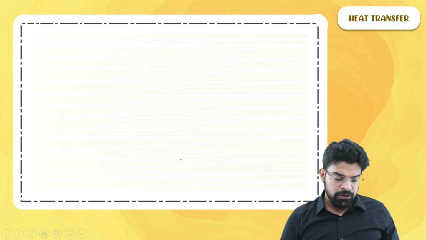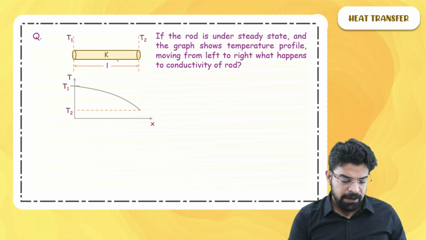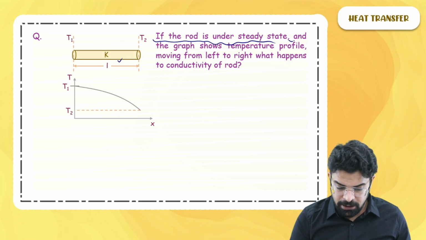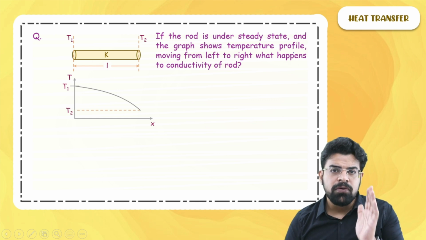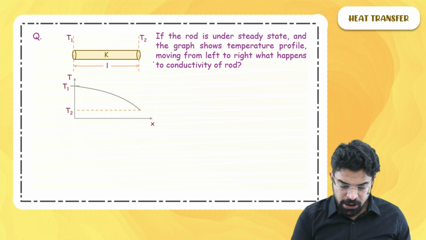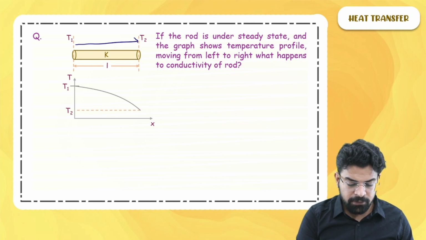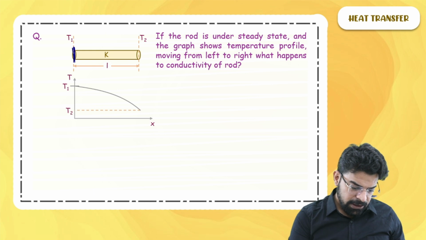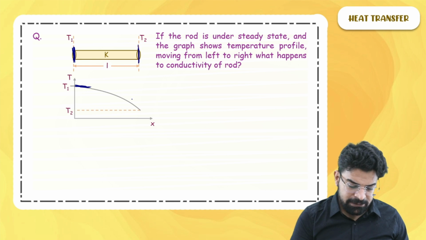Moving on to the next part. The question here says that we have a rod. The rod is under steady state and the graph shows the temperature profile. What is the meaning of temperature profile? How does the temperature change with the length? Moving from left to right, what happens to the conductivity of the rod? You can say on the left hand, the temperature drops slowly, and towards the right hand, the temperature drops